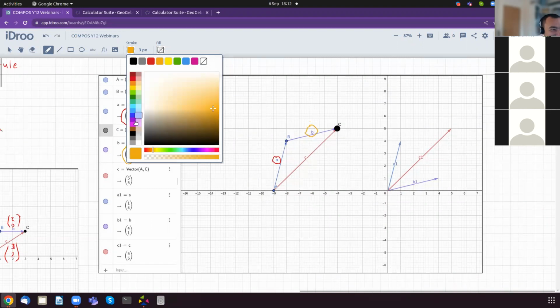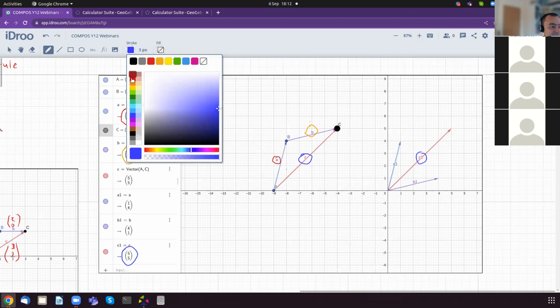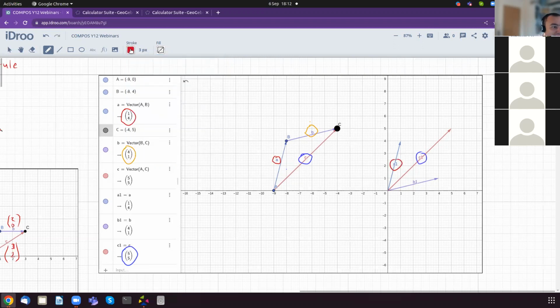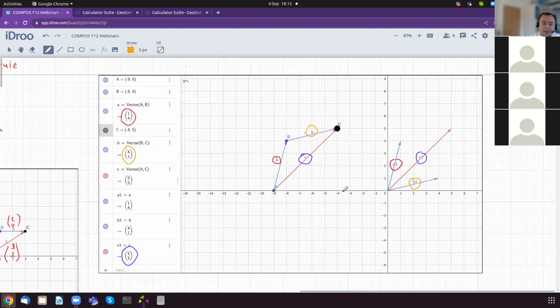Don't like symmetry in this instance. C is (5, 5). Okay, and here is C. Here is A, and here is B. Okay, so I hope that makes sense. So this is the equivalent, and we'll be using that. Okay, so